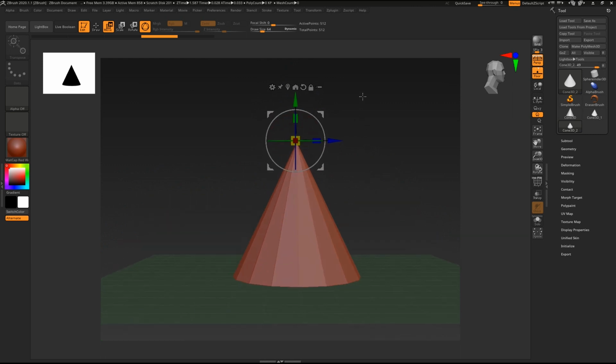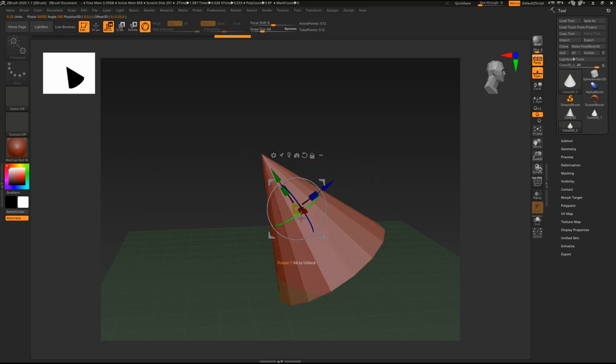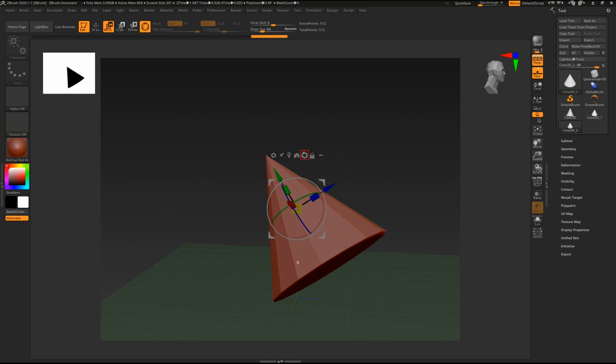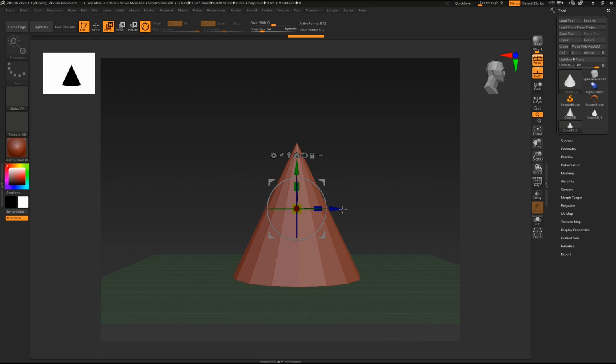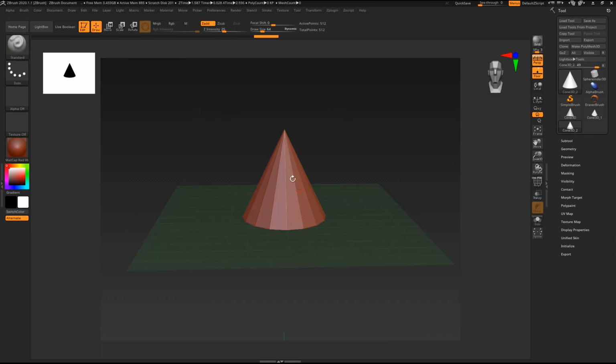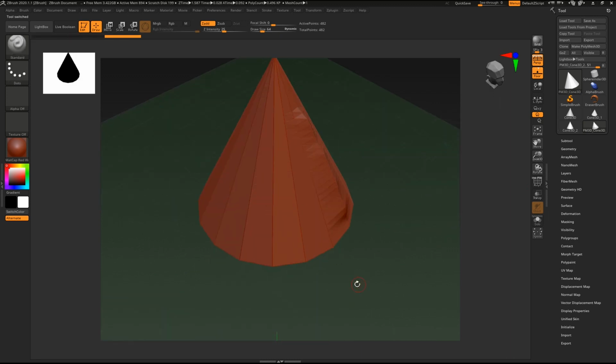And if you want to reset the pivot to the center pivot, just click on this Google location-like button. Now rotation works along this pivot. You can also click on the return icon to reset all transformations applied to this object. So these are the main settings for the object controls and camera controls. Right now we are not able to sculpt on this, so we want to make this mesh a Polymesh 3D to start sculpting on it. And now if we left click and drag on this model, you will start sculpting.